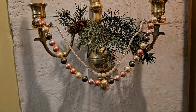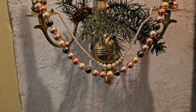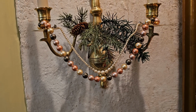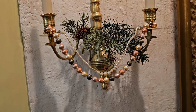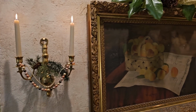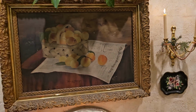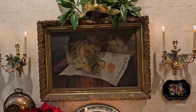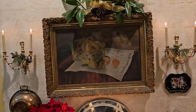But that's the solid colored pearls, our vintage necklace. And I'm not quite sure where this other one came from, but it had similar kinds of colors to the other one. So I thought they would make a fun pairing here. Now I'm going to back up just a little bit to show you some other things that I've done